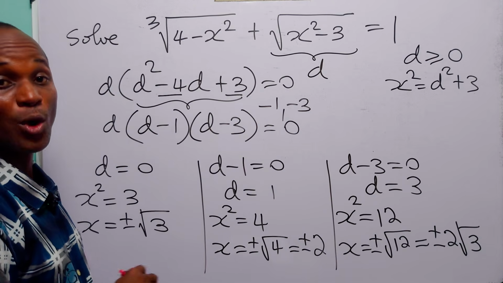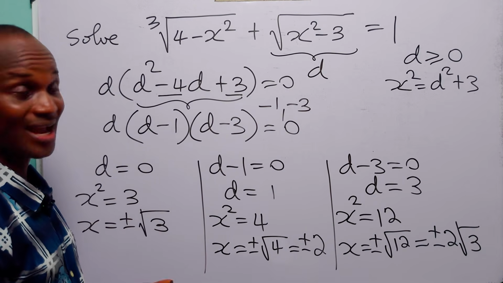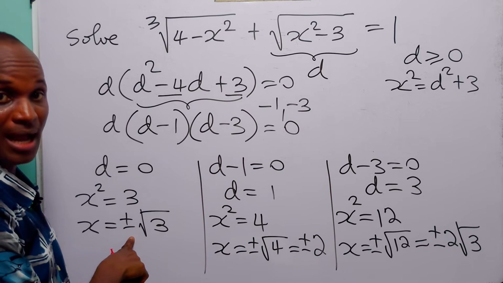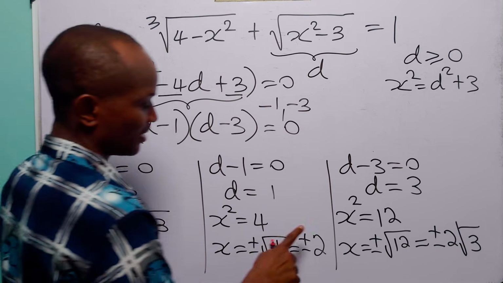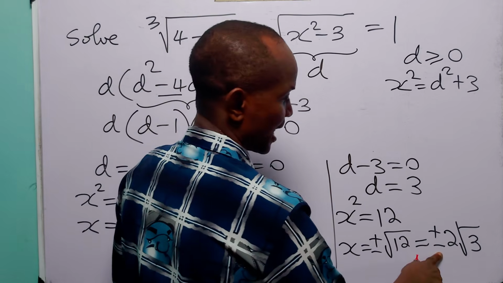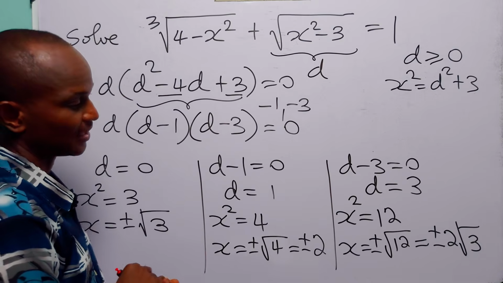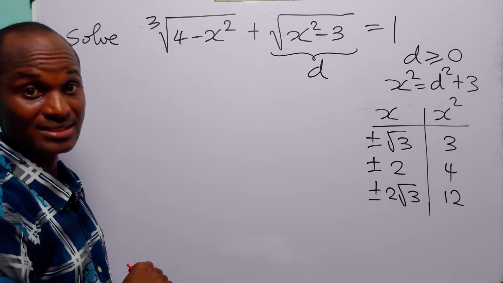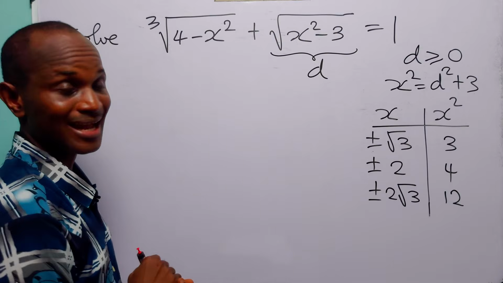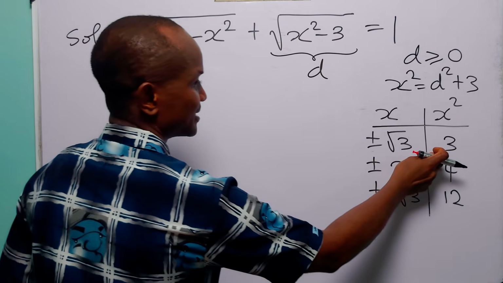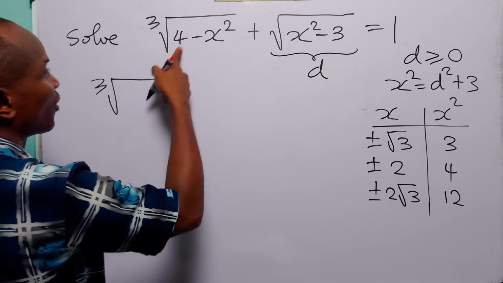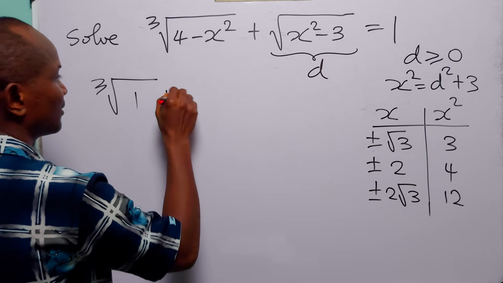So you can see that we have all the 6 values of x that satisfy this equation: plus and minus root 3, plus and minus 2, and plus and minus 2 root 3. And to check our answers, we simply substitute these values of x squared into the original equation. When x squared is equal to 3, we have the cube root of 4 minus 3, which is 1, plus